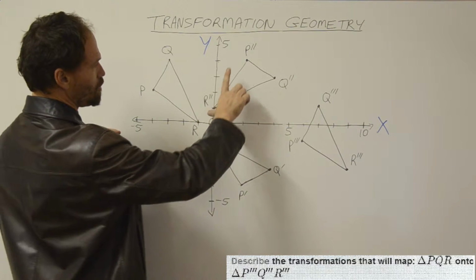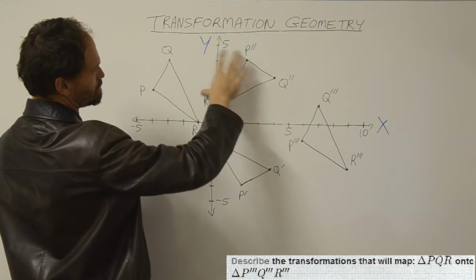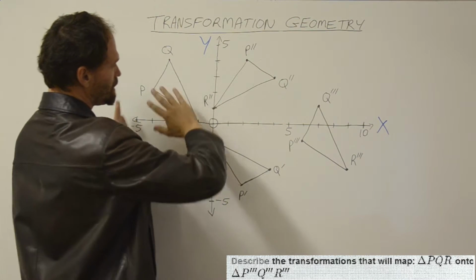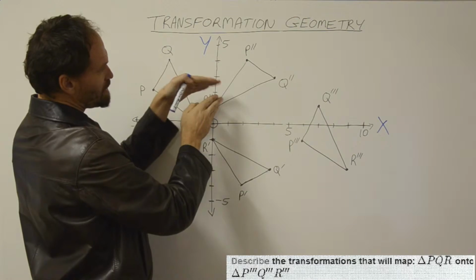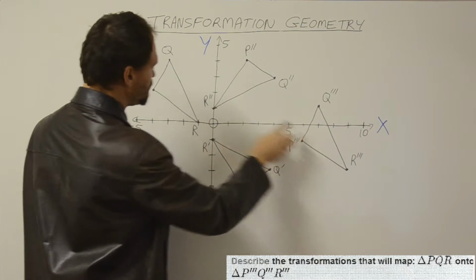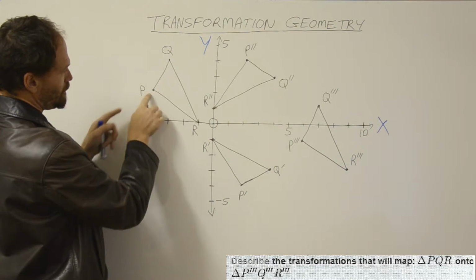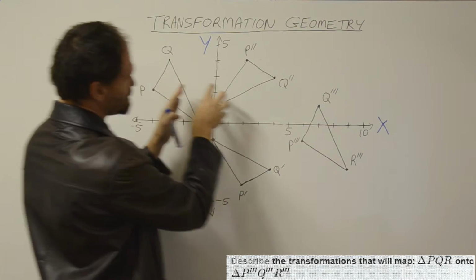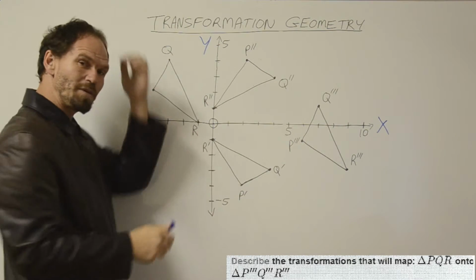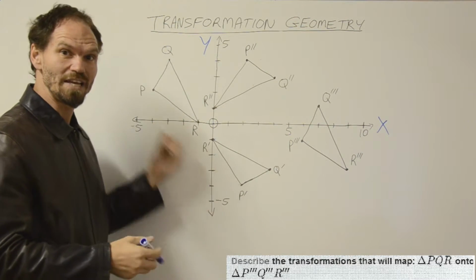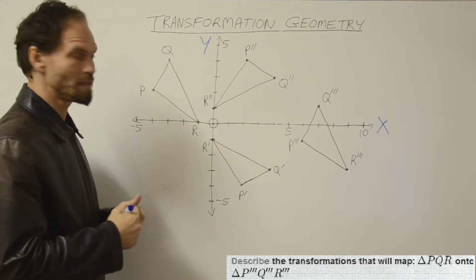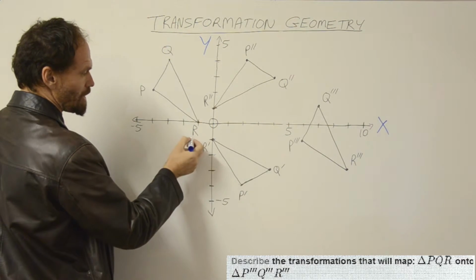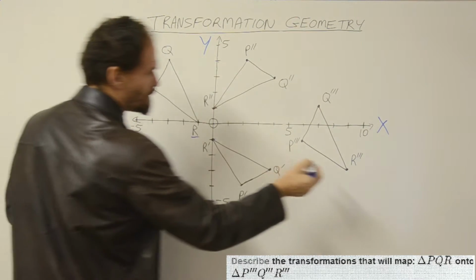That one there, you can see the order of the letters stayed the same. So you can see that the shape has just been rotated. Right? It's in a different position and it faces a different direction. That one, if you notice, that PRQ looks exactly the same over there as it does over there. Which tells me immediately that I'm looking at a translation, right? See that? But I'm going to check that by writing down any coordinate in the original shape and comparing